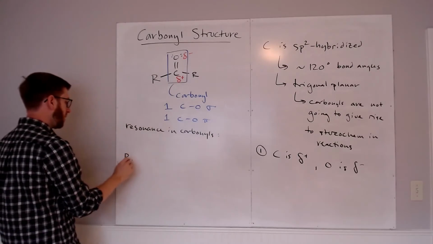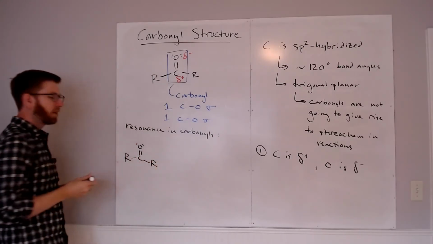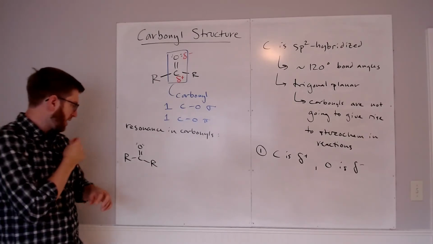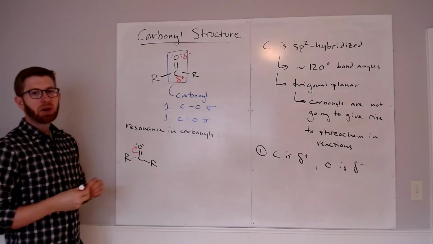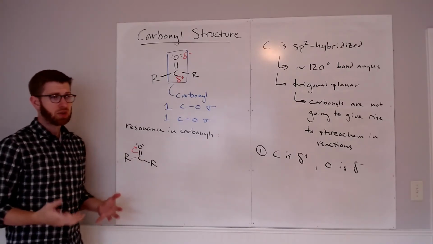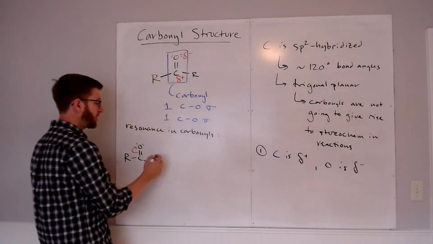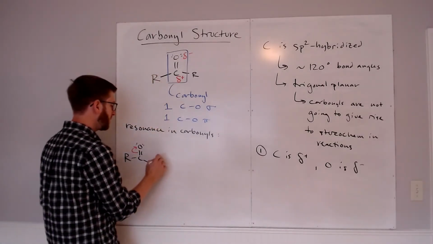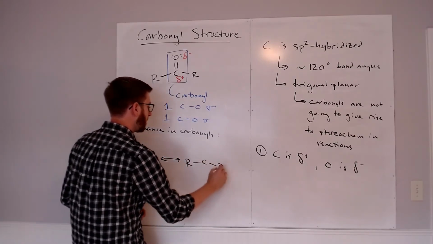I'm just going to redraw my carbonyl here. The electrons that make up the CO pi bond, at some level, we could think about them being localized on either the carbon or the oxygen. If you're the electrons, you're going to choose the oxygen. That's where this concept of polarization came from in the first place, and we just looked at these electronegativity arguments. And that looks to me like we'll end up with